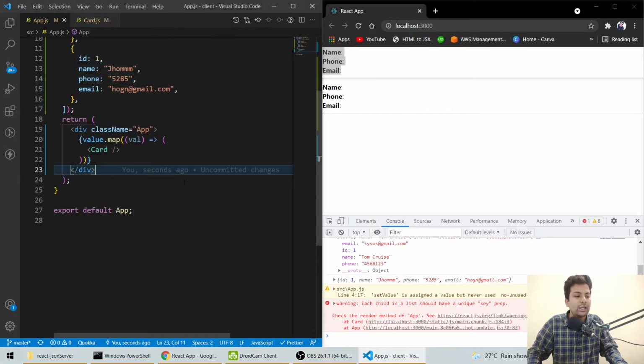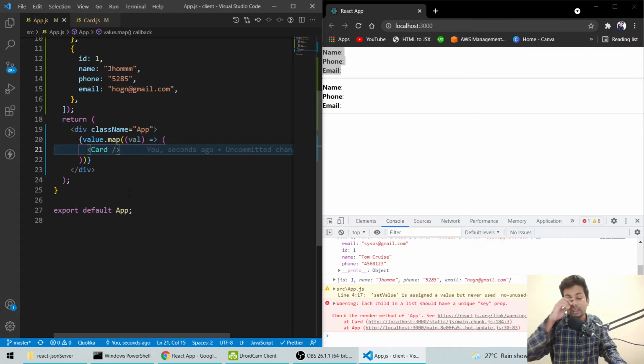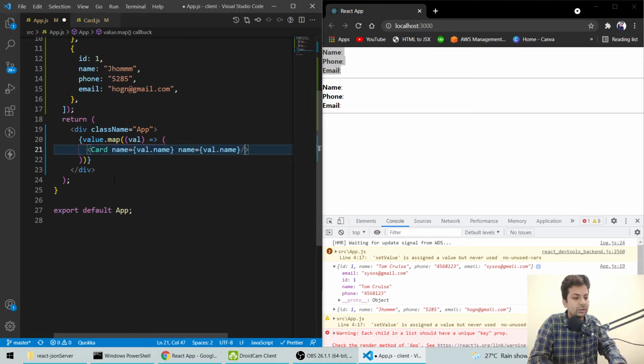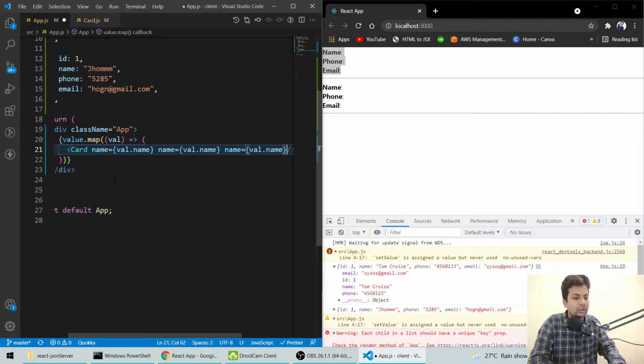But we are not getting the value because we are not sending the value. For sending it, the value is now under val. So for now we'll say name equals val dot name. We'll copy it, paste it, copy it, paste it.